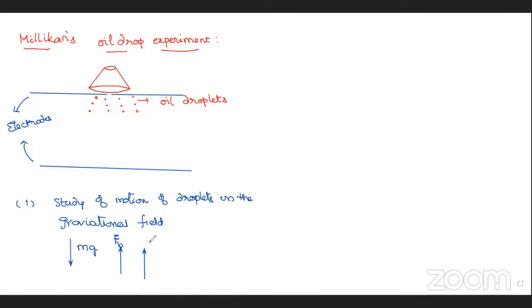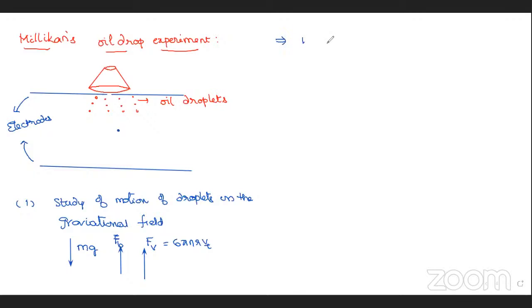And here this is viscous force, in the opposite direction to the motion, 6 pi eta r v. Yes sir, Stokes law, first year. 6 pi eta r v. And according to Stokes law, while coming down, at a certain instant the droplets may acquire terminal velocity. This is Vt, 6 pi eta r Vt, whereas Fb is equal to, you know. Okay. So here, when they acquire the terminal velocity, downward force is equal to upward force.